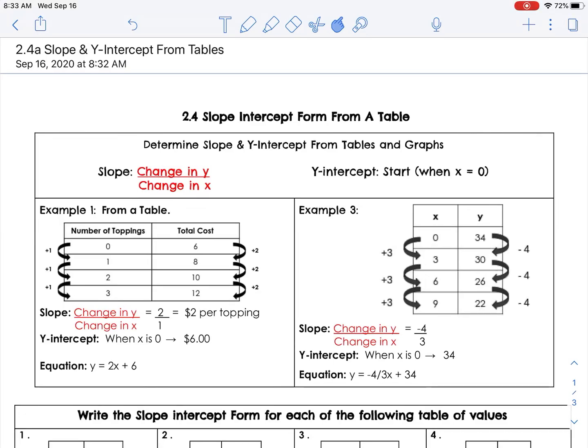Okay, 2.4 slope-intercept form from a table. So we're looking at slope, and slope is going to be the change in the y values divided by the change in the x values. And the y-intercept is always when the x value is at 0. So if we look at the first table,